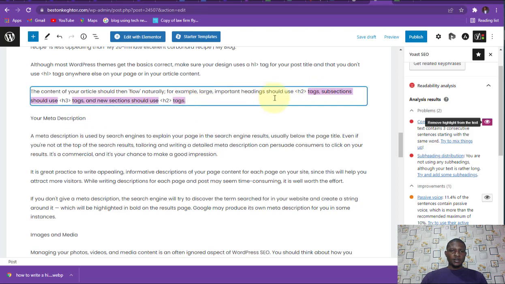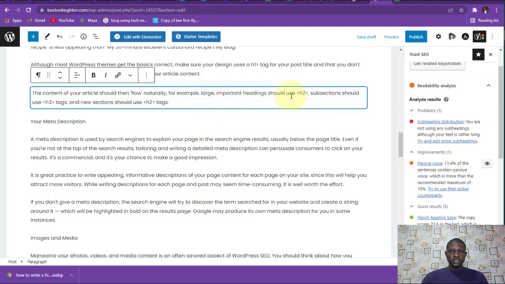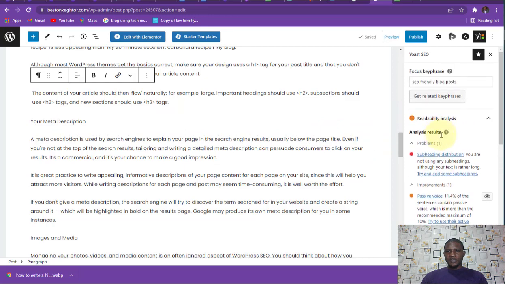Tags. This is what it's talking about. So you can simply remove this. It's still okay. Important headings should use H2. Subsections should use H2. Huh? So that's okay. And then the other thing is